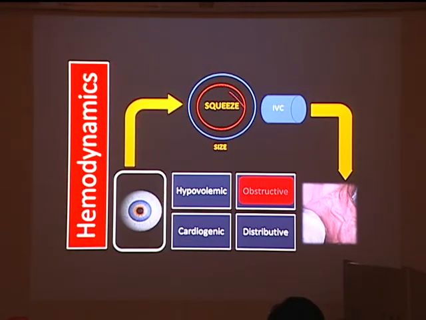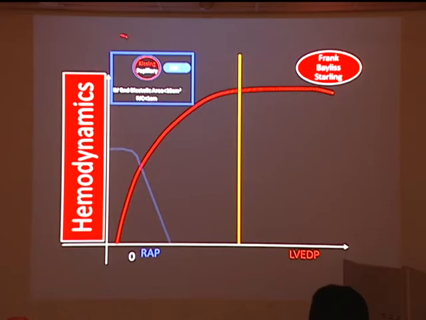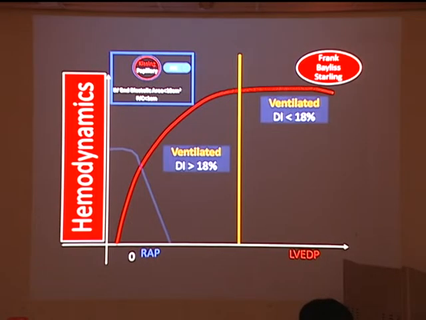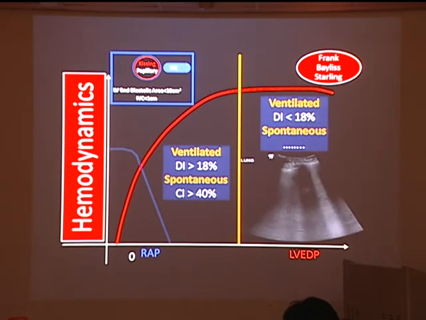Now for the rest of the patients who don't have obstructive shock, well, we'll talk about this curve, the Frank-Starling curve. And you can use static measurements if they are very small, such as IVC being less than 1 centimeter. For patients who are intubated, we can use a cutoff of 18 centimeters. For patients who are ventilated, we can use a collapsibility index of 40%. And for those who are not collapsing by more than 40%, we use the concept of fluid tolerance.